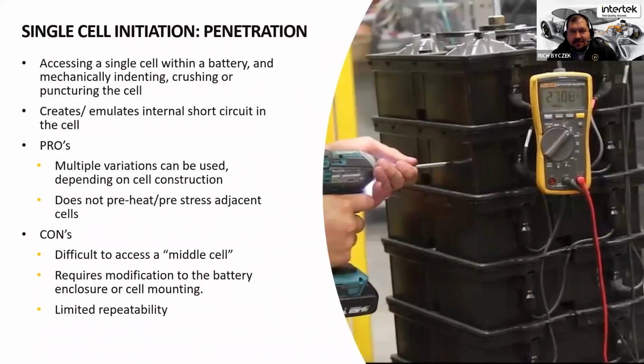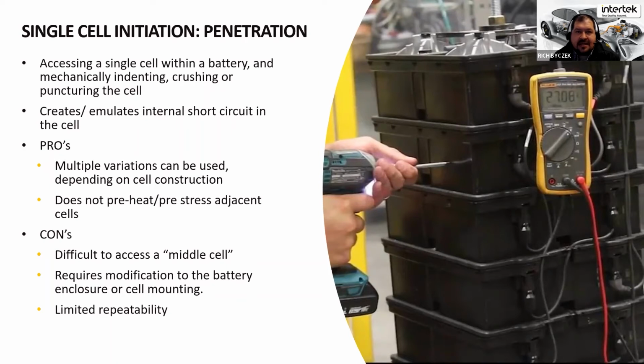Penetration method. I see this one requested quite a bit because you can trigger a fairly dramatic event. It can be fairly repeatable, especially if you've got certain types and sizes of batteries where I know I can essentially penetrate anode and cathode at a fairly uniform area within the cell, that I get a fairly reproducible, repeatable thermal runaway event. Smaller cells make this more difficult. Just a few millimeters one way or the other, a few degrees one way or the other of how you penetrate the cell could lead to a drastically different single cell event. And when we're talking about single cell events that's going to be used for a module or a battery level propagation, repeatability, reproducibility is key.